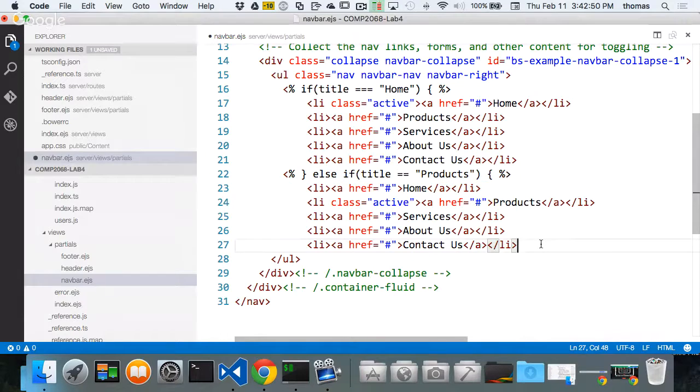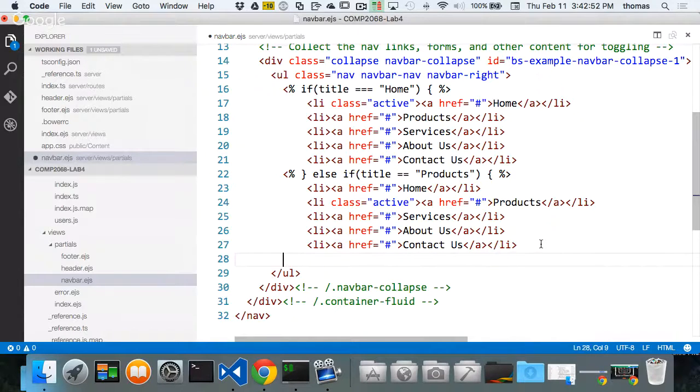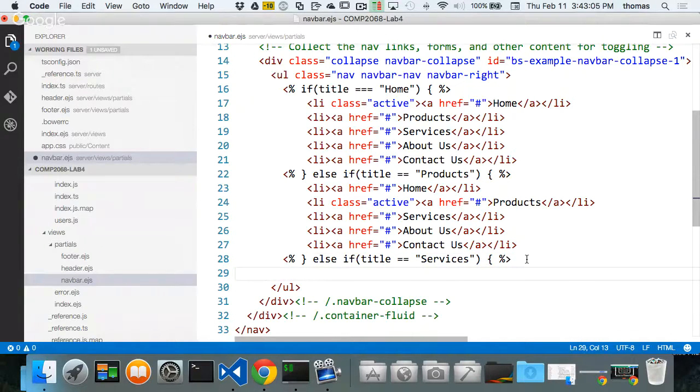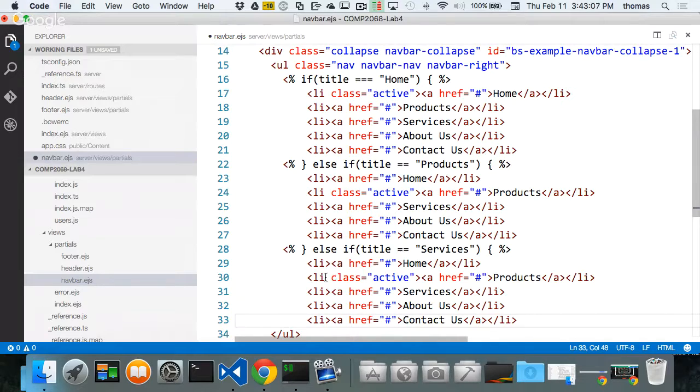So copy, paste. If the title is services, then I want this piece again. I want to take away this class active from here, and I want to put it on the